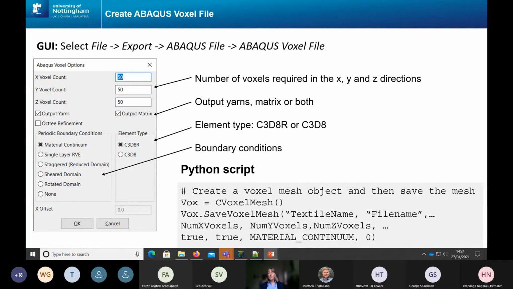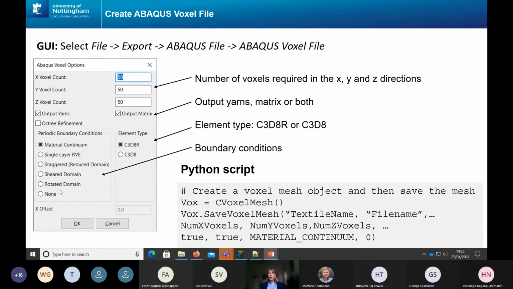You can decide whether you want to output just the yarns, just the matrix, or both. We'll come back to the Octree refinement in a moment. And then you can choose to have reduced integration elements or not. And then we have various sets of periodic boundary conditions,